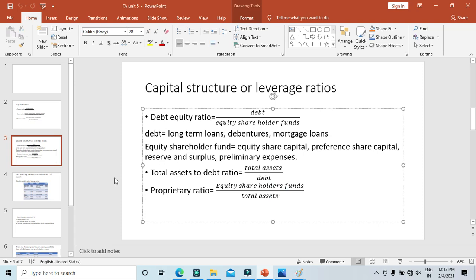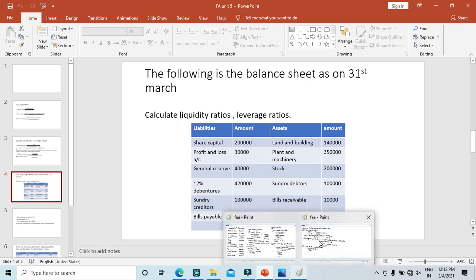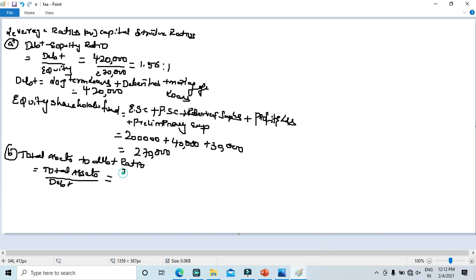So now I'll show you a few other formulas also in this. It would be helpful. This is how you might get confused in this problem, so need not worry. I'll just wind up here. In this problem, liquidity ratios are 3 and leverage ratios are 3. So you need to substitute in the formulas and get the answer. That is how we did the liquidity ratios: current ratio, quick ratio and absolute liquid ratio. And the other ones are leverage ratios: debt equity ratio, total assets to debt ratio, proprietary ratio. You just substitute and get the answer.